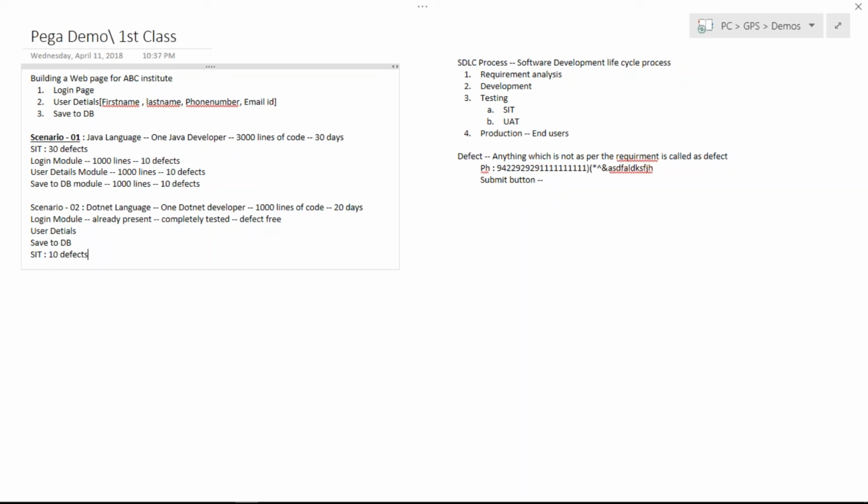So what is the first thought that will come into our mind when we see these 10 defects here? At least the first thought that comes into my mind is whatever 10 defects that I'm seeing on my table are not from login module, because customer has already confirmed that